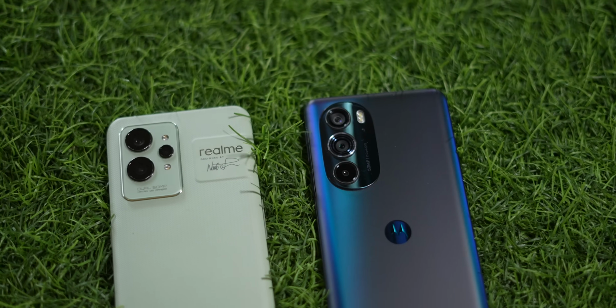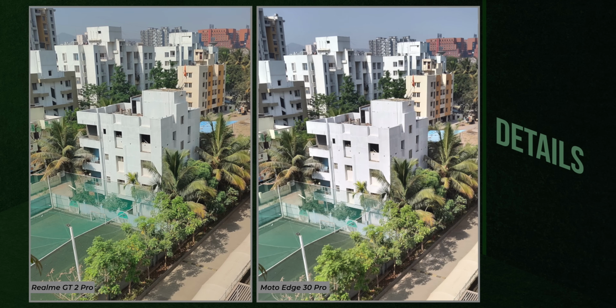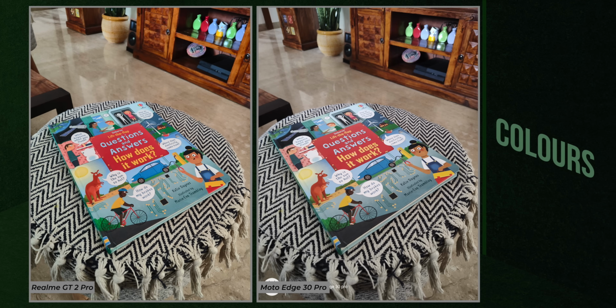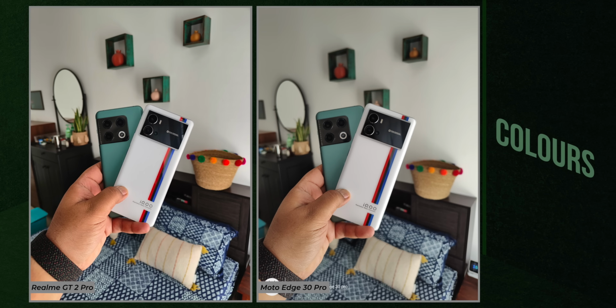Anyway, I compared the cameras on these phones and it doesn't seem to look good for the Moto. The details are clearly sharper on the GT2 Pro and you can see finer, sharper textures at close crop. Moto looks soft in comparison. Now, colors are closer to natural looking on the Moto H30 Pro in general. Realme tends to make the key colors, the red, blue and the green, slightly punchier. But what I like about this slight color boost is that it is tastefully done and not gaudy like the